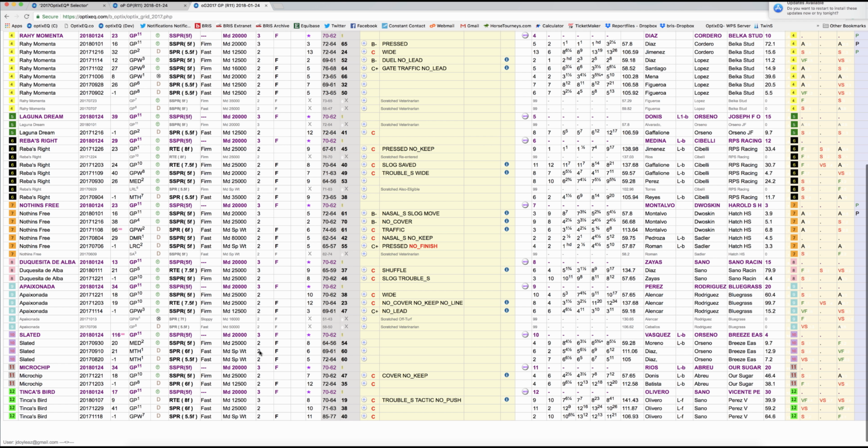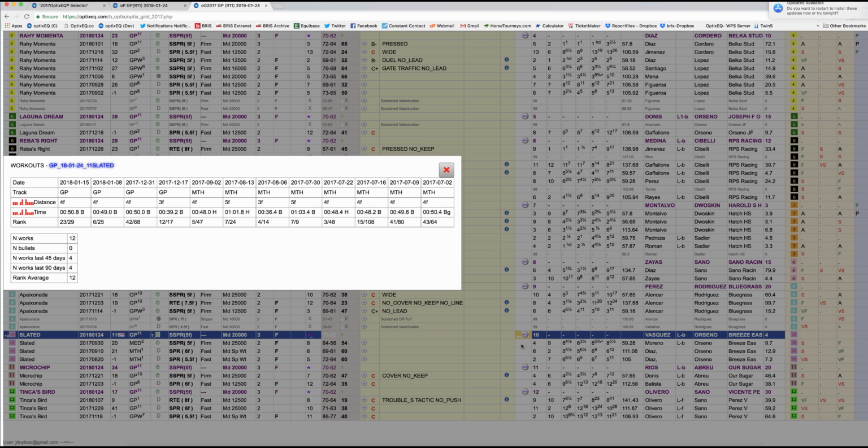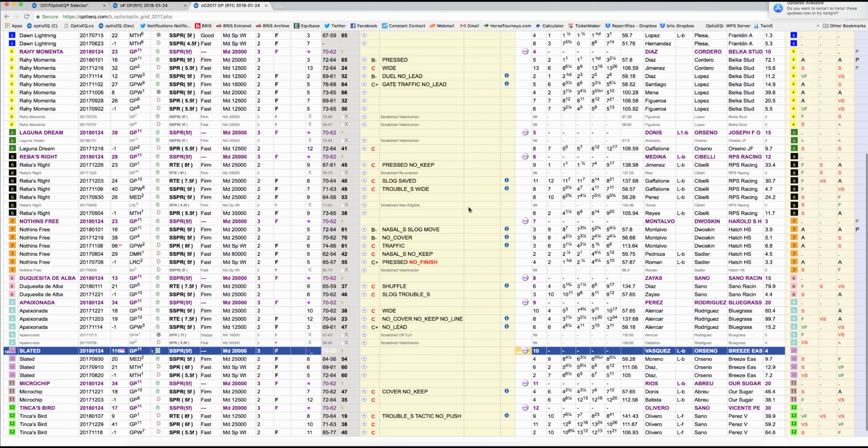He's run one race at the Meadowlands. He's been laid off. He's a horse that you might want to look at again. Let's just see how he's working coming into this race. We'll click this workout button. You get the raw workout information if you click that button. Nothing great jumping out at us, but I guess one you might want to consider